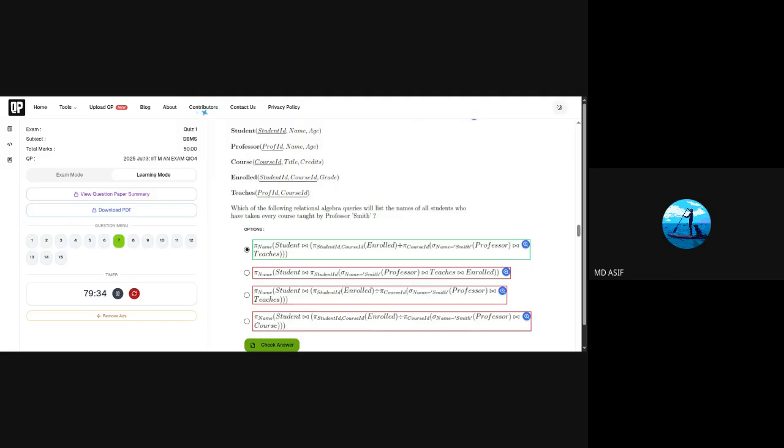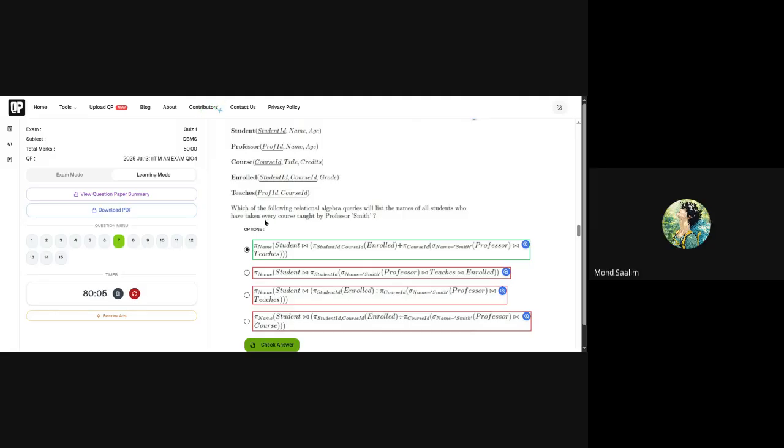Actually, what option B is doing is, if a professor is teaching three subjects, and a student has only one subject enrolled with that professor, that student is also included in this query. But we don't want that; we want to filter that student out. Yes, correct. We want a student who has all three courses taught by the professor. So this second query also includes any single course a student has taken with the professor, so we have to exclude that. Yes, that is the main difference.